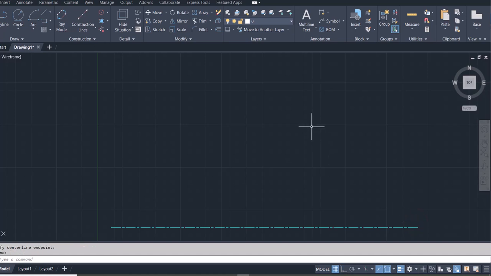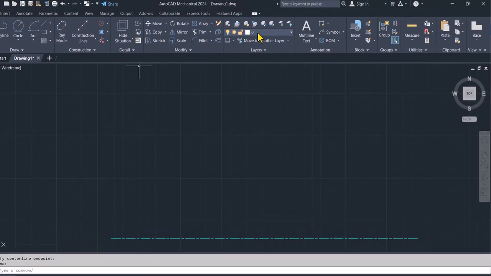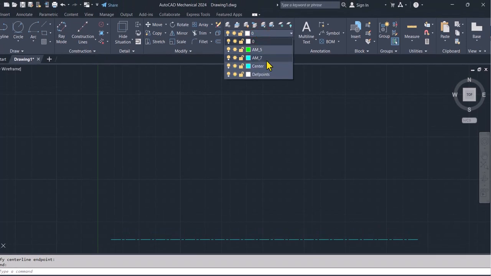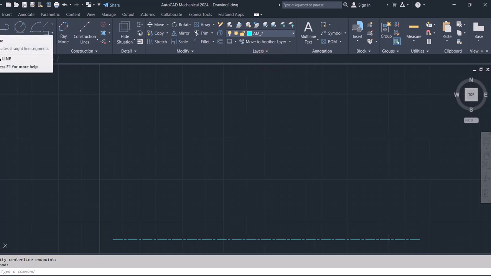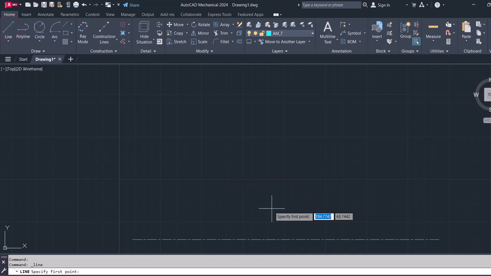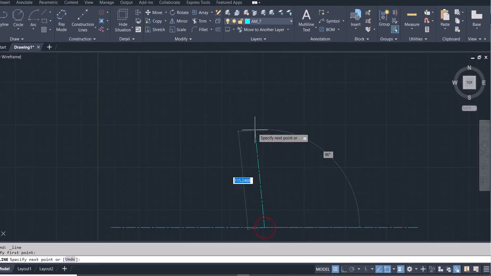And then let me switch the layer to AM7 for instance. If you don't have it, you can create your own center line like I've done here. So I'll use AM7, so I'll select it and then I'll use line. So I'll click on line and then locate the midpoint. So I'll click here. Let me turn on the ortho mode and I want this line to be exactly 180